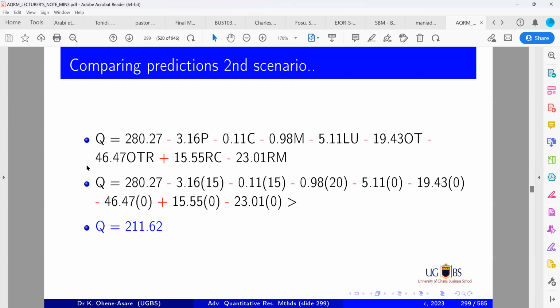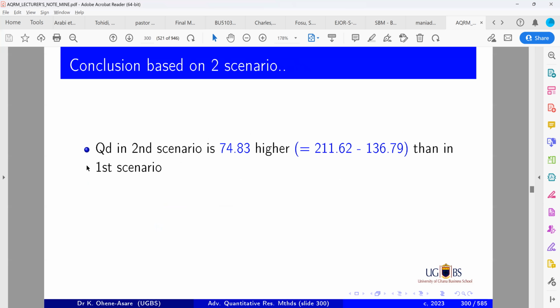Okay. If you check carefully, you might not get exactly the same, because sometimes I deliberately put up wrong values there so that you can work it and not go and pick this one. So when you do that, you now have the two situations. Which one is more? The first scenario gave us 136.79. The second gave us 211.62, which means the second scenario where there are Buddhist fishers in a rural area, that one is better. Okay. That second scenario is 74.83 quantity units better